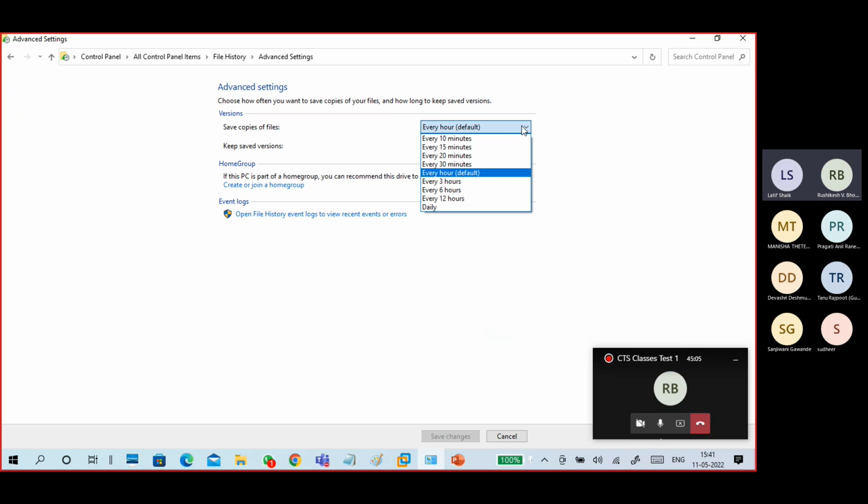If you click here, you can configure it in different ways. Every 10 minutes, depending on the seriousness of the data and risk management. If your data is being created every 10 minutes, a huge amount of data is being created, and it is very important, anything can happen. Based on that, you can configure